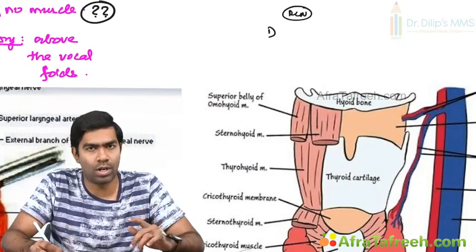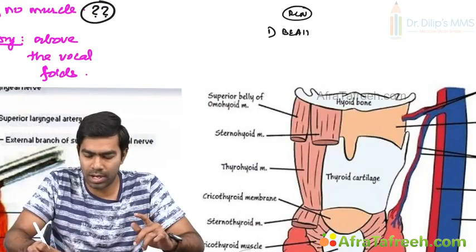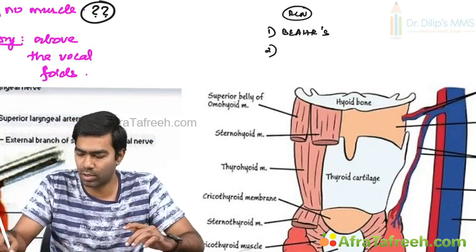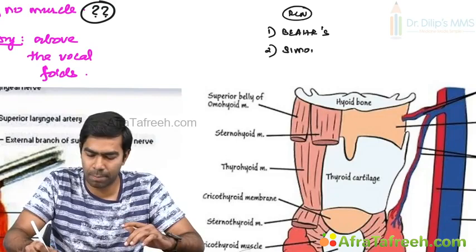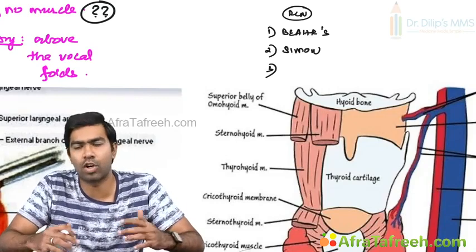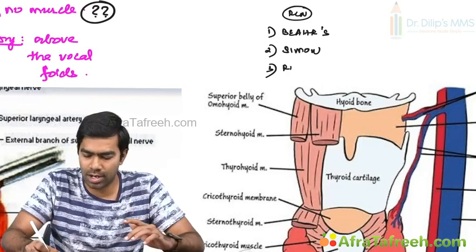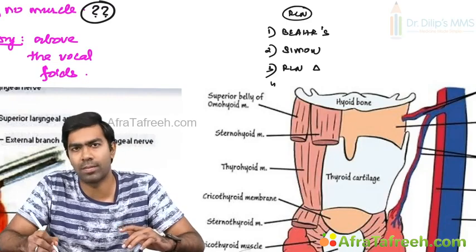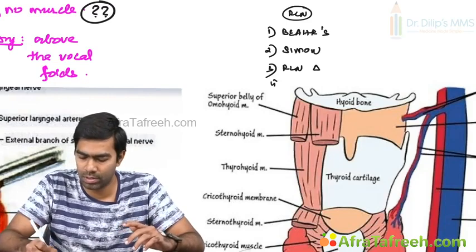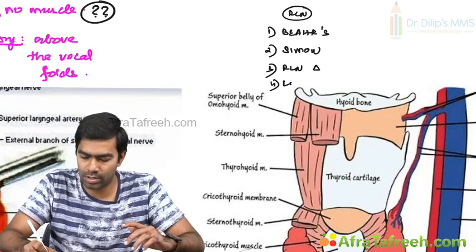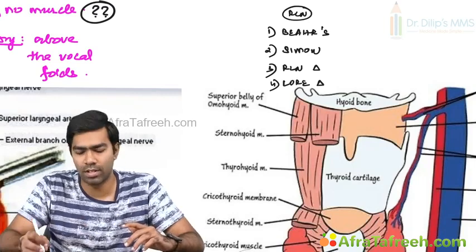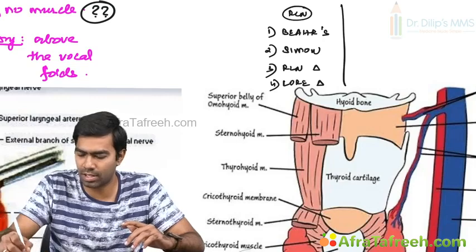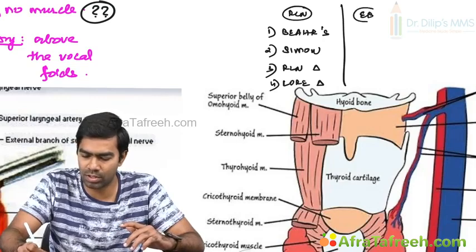The most important one is the BR triangle, and the second important triangle is going to be the Simon's triangle, and the third, not so important triangle, is the RLN triangle itself, and the fourth, again not so important, is going to be the Lowe's triangle. Similarly, for identifying the external branch of the superior laryngeal